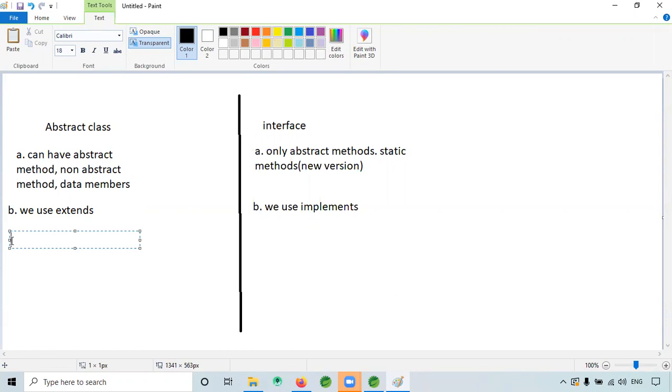Next, abstract class does not support multiple inheritance.